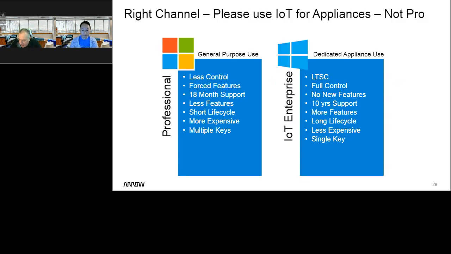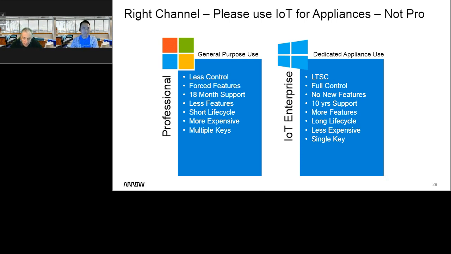And then a quick word on my number one competitor, which is Windows Pro, right? So Windows 10 Pro, Windows 11 Pro, don't use it for an appliance. We run into this all the time where you buy a machine that may come preloaded with Windows 10 Pro, but looking at the left, you're going to have less control. When you can't control Windows Update, far less support, 18 to 30 months support, depending on the build you're on, less features. You're not going to get any of the features that we talked about today that come with the 2021 LTSC product. You're going to pay more for it. You're going to deal with multiple keys.